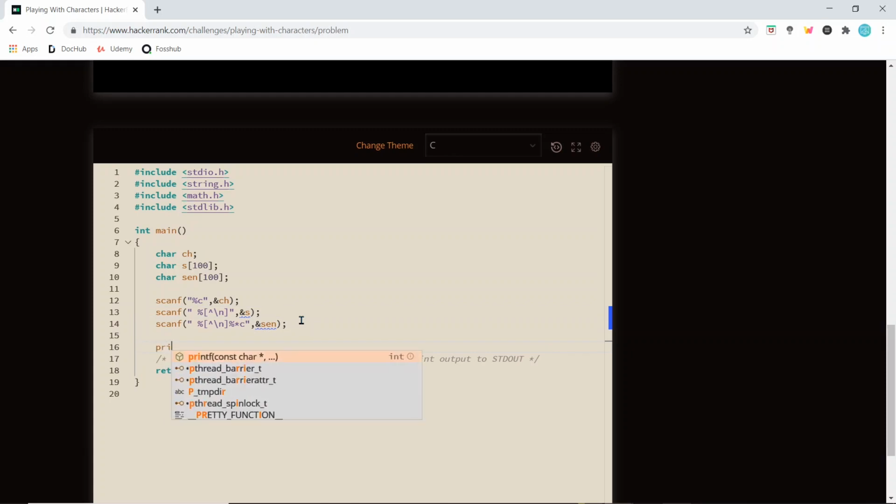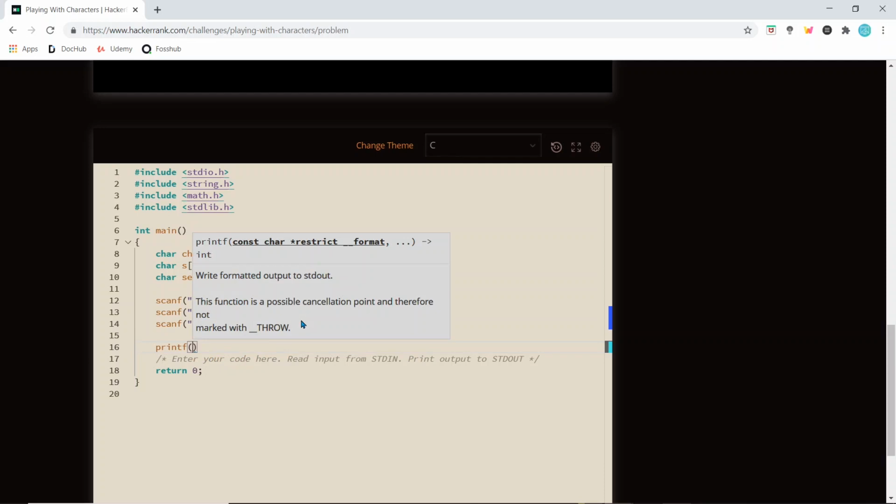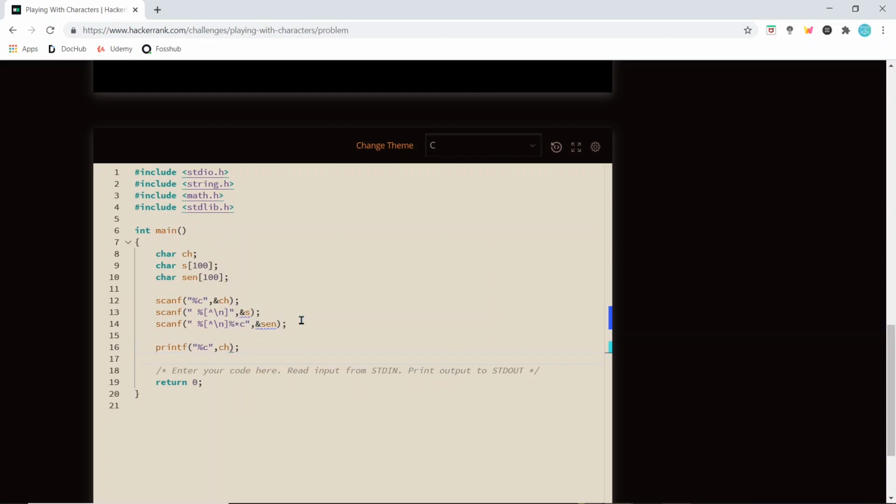And then we print the statements. Okay, so first one is %c, its name is ch. We printed it, and in the next line we have to switch the next line, so we'll put in backslash n here. Now we print another time. This one will be our string.